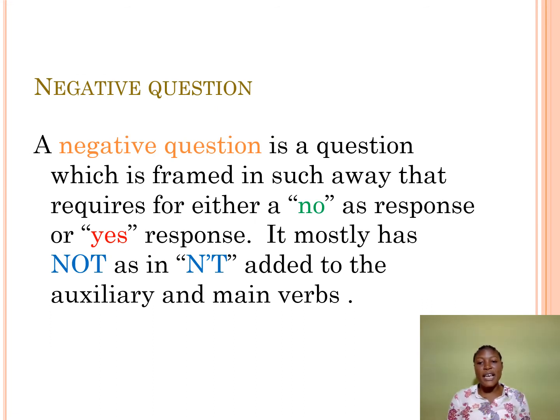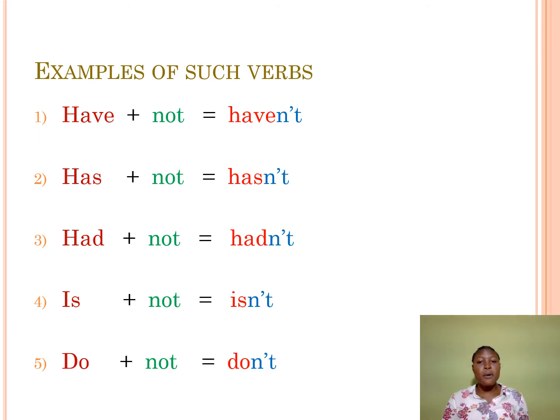A negative question is a question which is framed in such a way that it requires either a no or a yes response. It mostly has a not, as in n't, added to the auxiliary or main verb when asking the question. Let's look at these examples. Examples of such verbs are